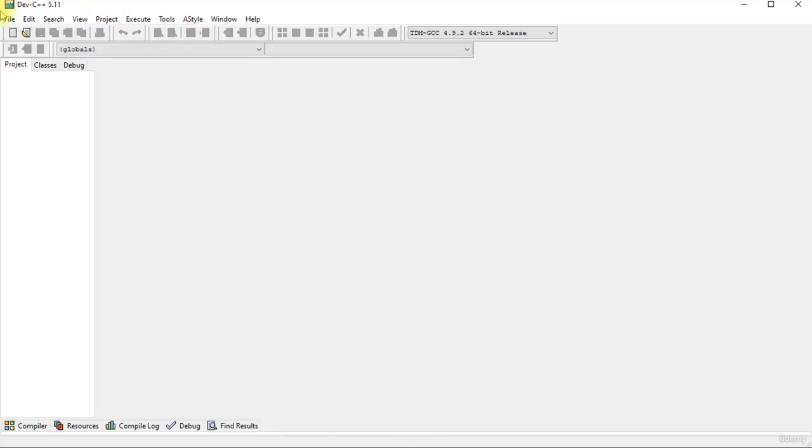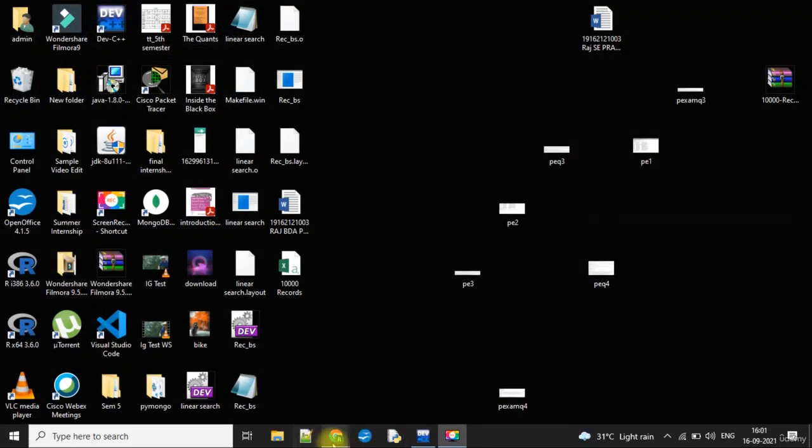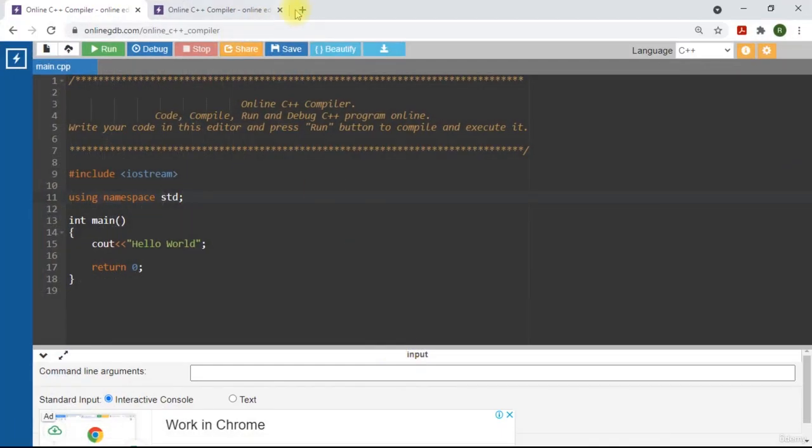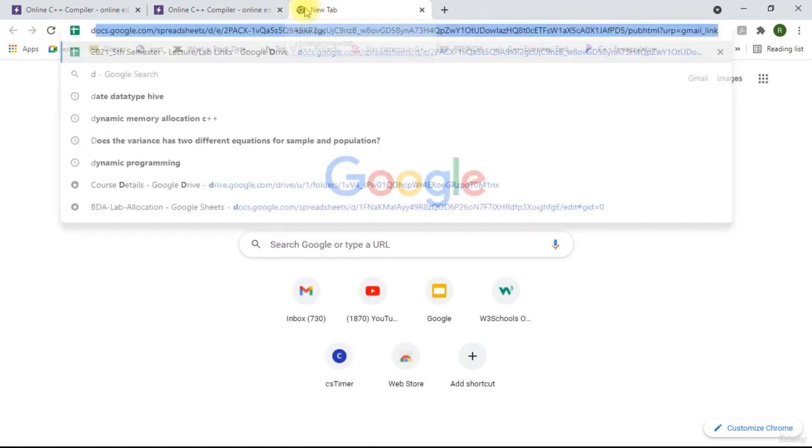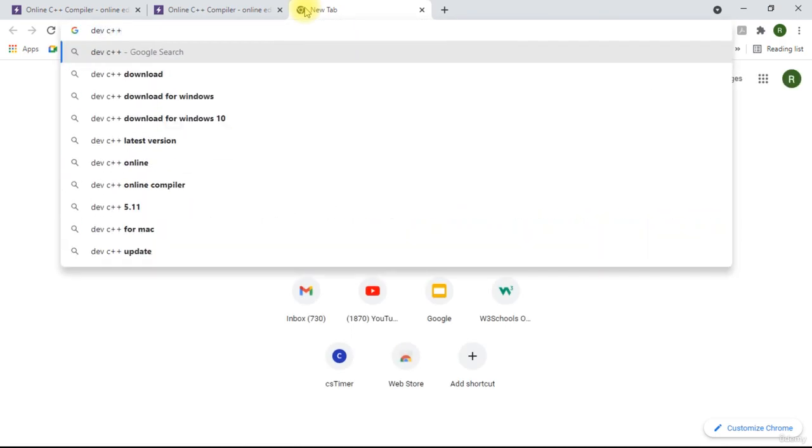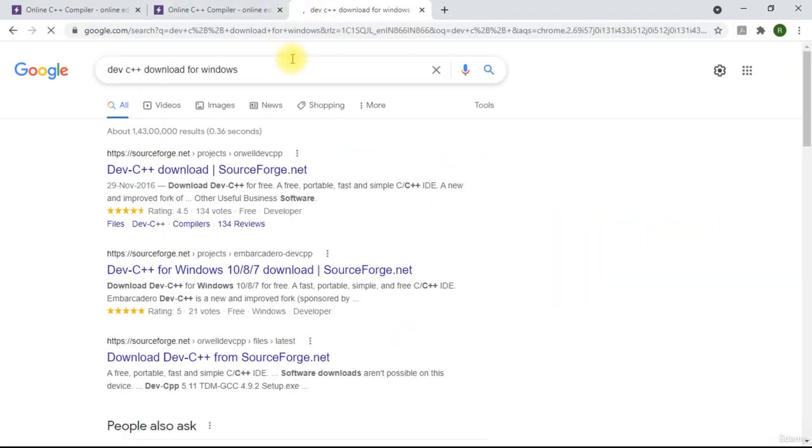So it will open something like this, Dev C++ 5.11 version. Here, this is an IDE that you need to download and set up on your Windows from Google. First, let me tell you how you can download this IDE on your system. Just open a new tab and write Dev C++ download for Windows, and then you can click on the first thing that you're getting,